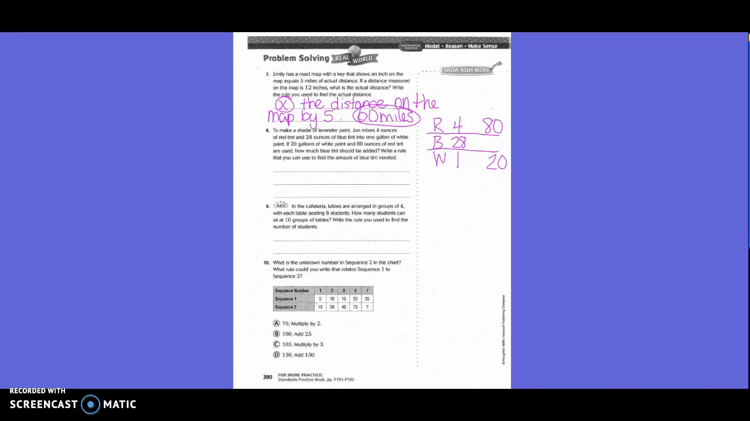Okay, so how are we going to find this? How did I get from 4 to 28, guys? Multiplied by 7, right? Okay, so to get from here to here, I'm going to multiply by 7. So what is 80 times 7? 560. So my rule would be multiply the amount of red